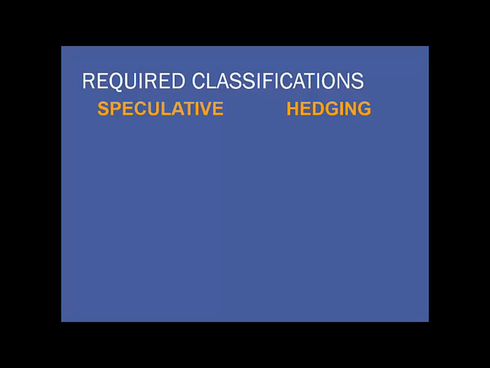Now, required classifications. There was a time when derivatives were used for some very unethical business practices, and that came about in the times of Enron. While Enron started as an energy company, by the time they folded, their primary business source was derivative trading, and that's where the problems began. So after the fall of Enron and Sarbanes-Oxley, additional rules were created by FASB to classify derivatives to hopefully try to prevent some of the unethical practices.